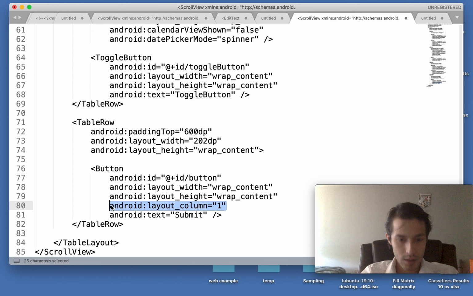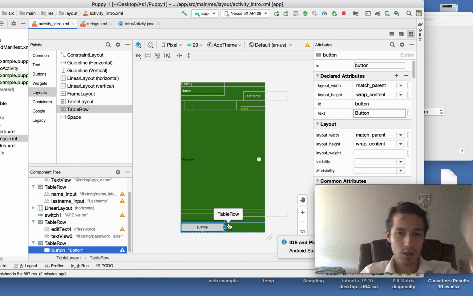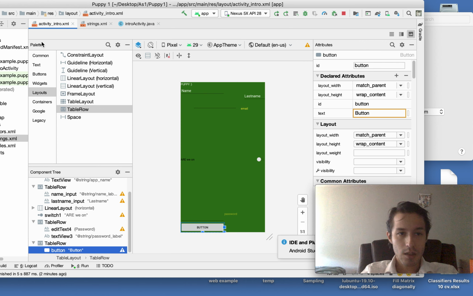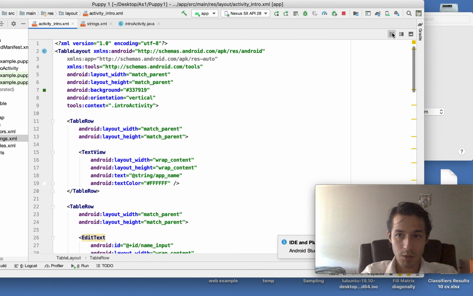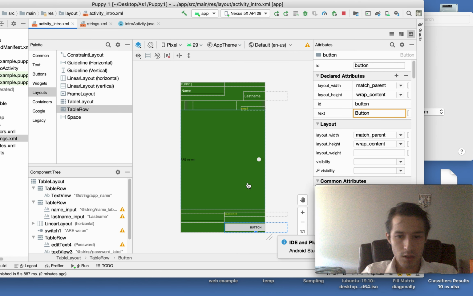layout column. This is it. So if we don't want it on the left one, we want it to be on the right because it's the only button. So how do we do that? Well, we just tell the button, and I'm just going to change it in the properties here, that I want the layout column for this button to be column number 1. So not column 0, column